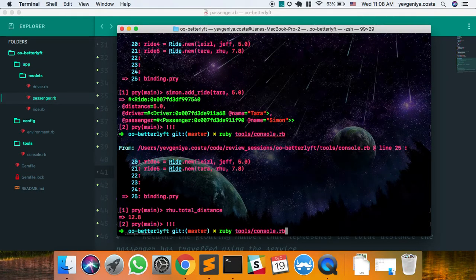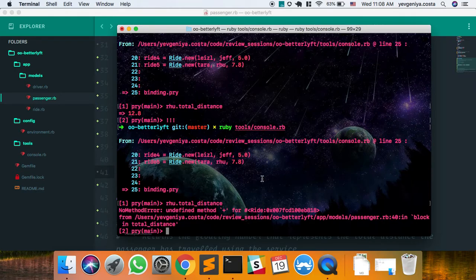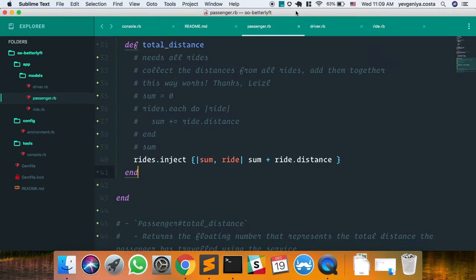Here's the next iteration. What is this ride? Who did we test? Root. So I go to ride dot passenger total and speed. That equals undefined method plus for ride. Okay, so I think what it's saying here. Anyone have any ideas before I give it away? Can we go back to what we wrote? Oh, we didn't define